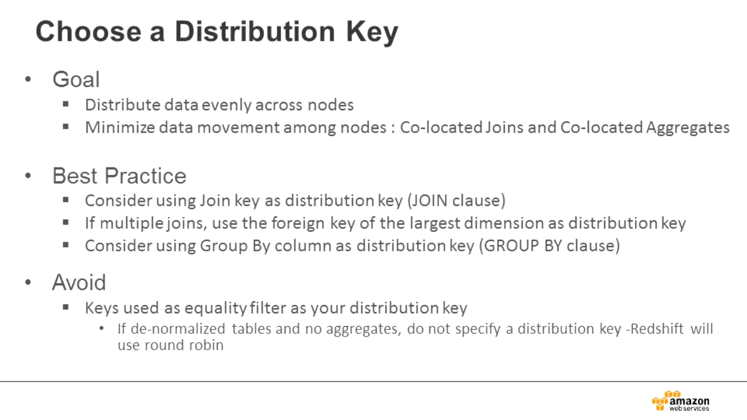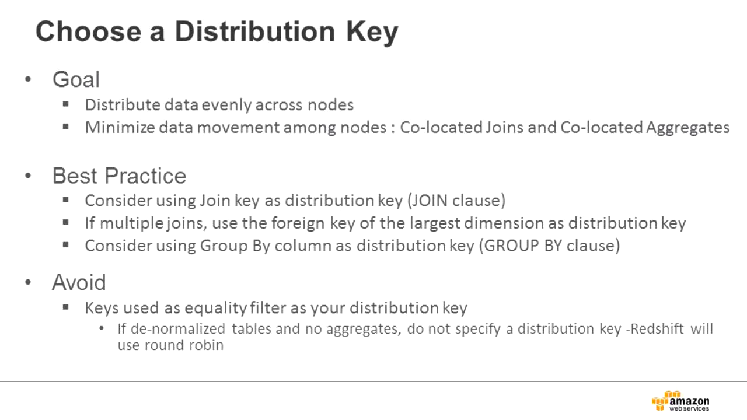And sometimes you have multiple joins for the same table, and then a good choice would likely be the foreign key of the largest dimension that you're joining with as a distribution key. Again, the reason is that you don't want that to be shipped around. Now, if you're not very heavy on joins, but you do have aggregations and group by, the next thing you